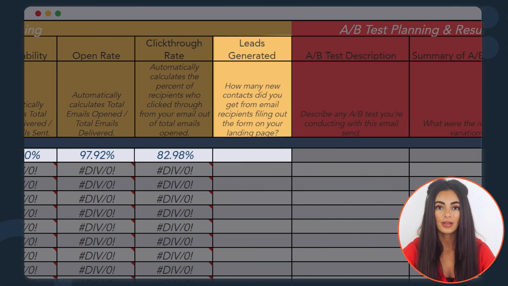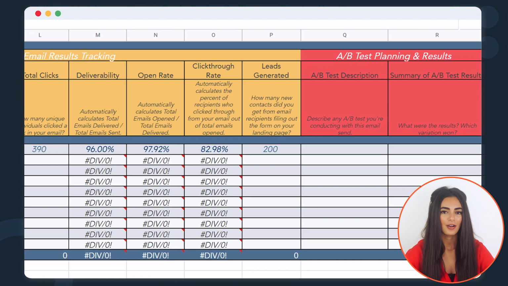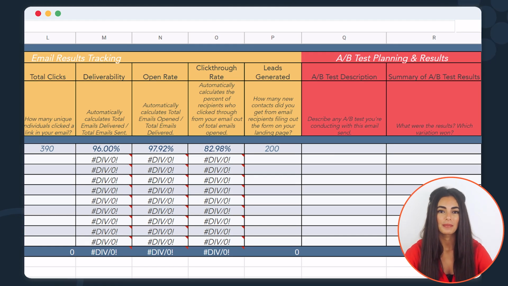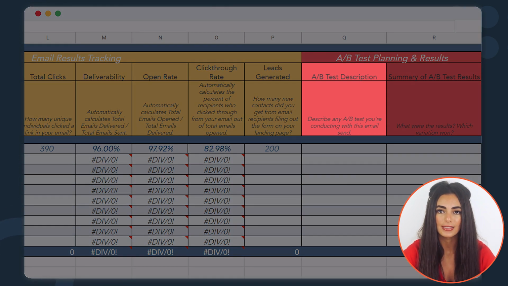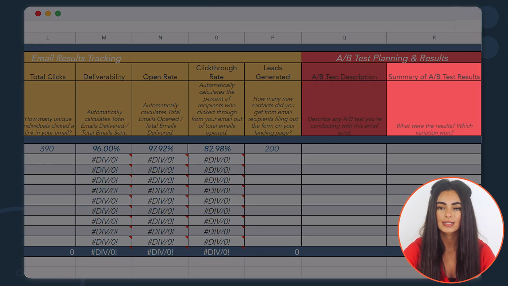And then lastly, you can enter in the number of leads generated from email recipients that filled out the form on your landing page. Now, there's so many different ways you can do A/B tests with your emails. You can test subject lines, images, link placements, etc. So under the red A/B test planning and results section, you can enter in what you're testing and what your results are to see what